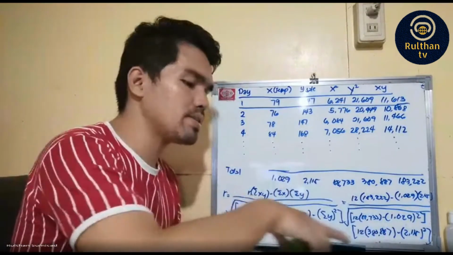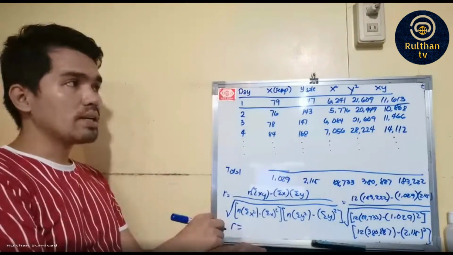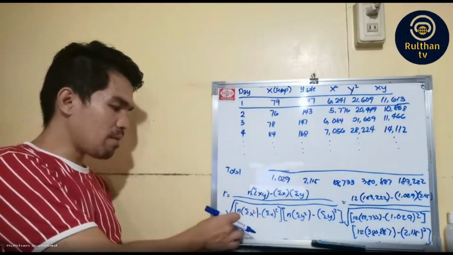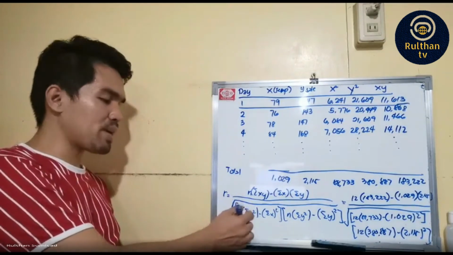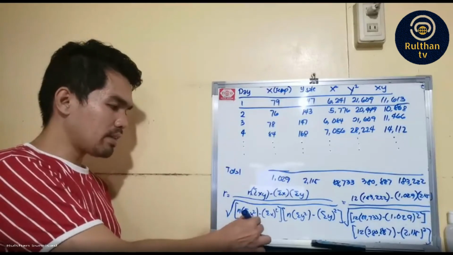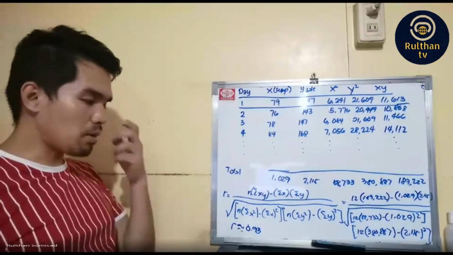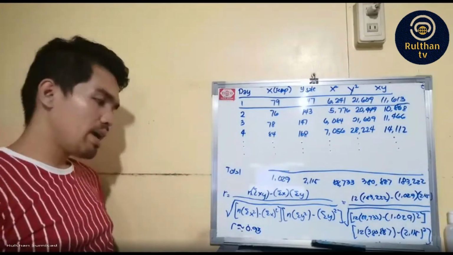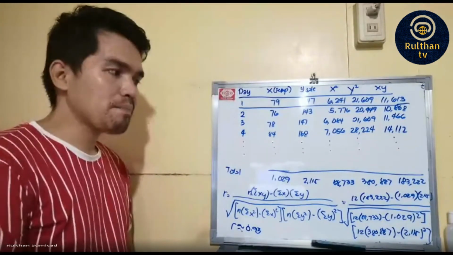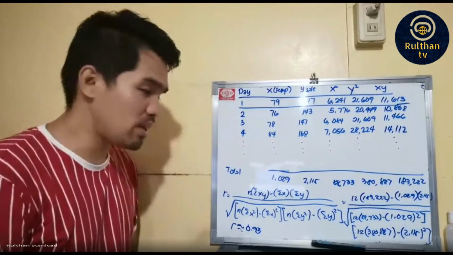Our value is approximately 0.0927... if we round off the value, our Pearson's coefficient is approximately 0.93. So if you look at this one, it's positive. If this is our Pearson's R, what type of correlation exists? 0.93. It's actually a positive correlation, to be precise, a positive, very high correlation,